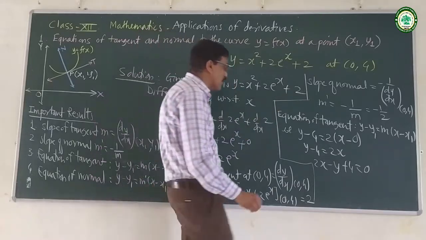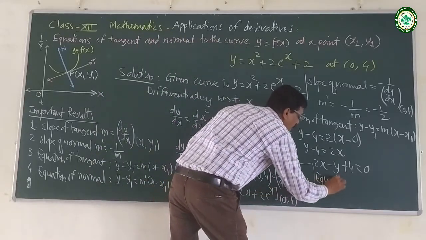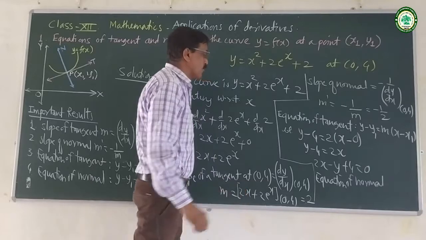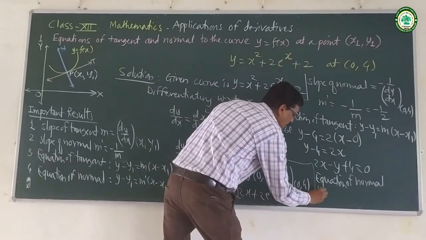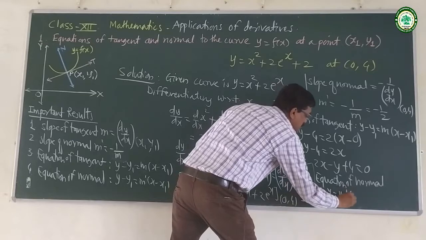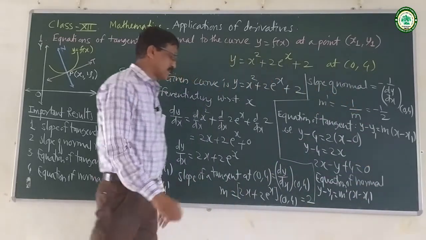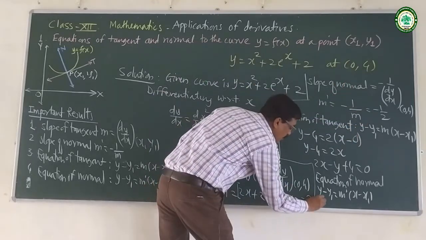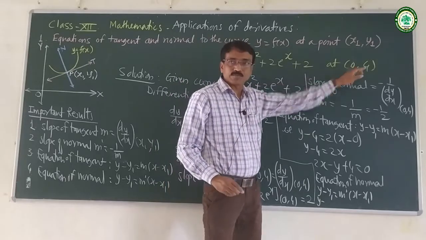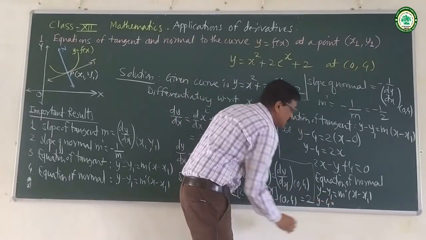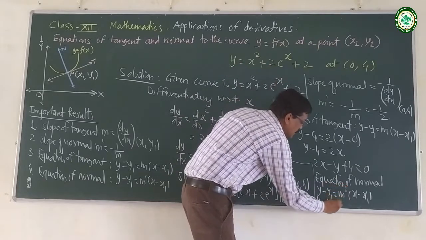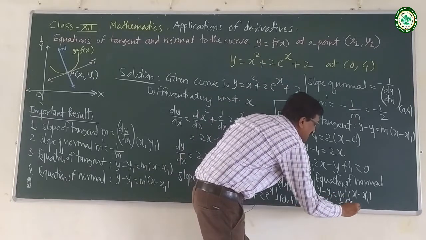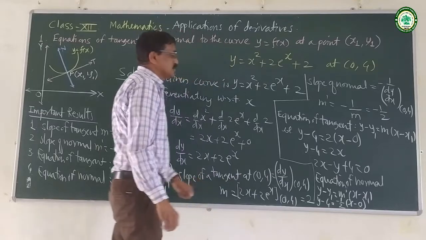Now last, equation of normal, formula y minus y1 is equal to m dash into x minus x1. So what is m dash? Minus 1 upon 2. So it is y minus, what is y1? y1 is 4, is equal to, what is m dash? It is minus 1 upon 2 into x minus x1, it is 0. So after simplification, what we get?